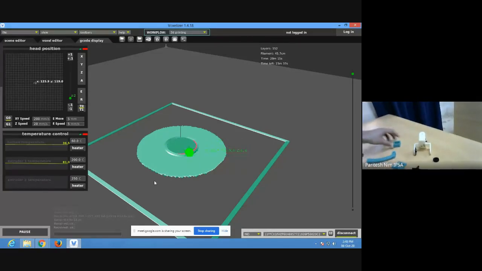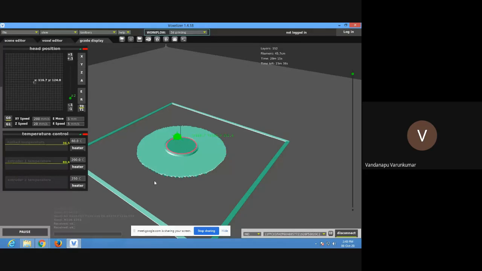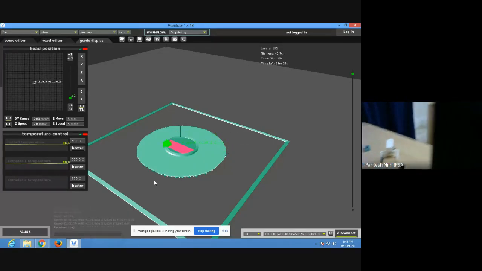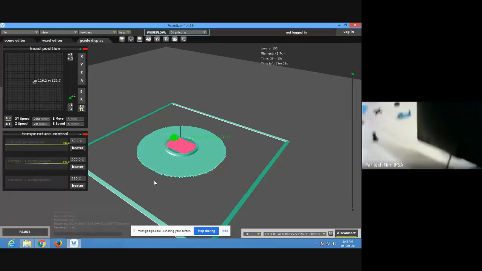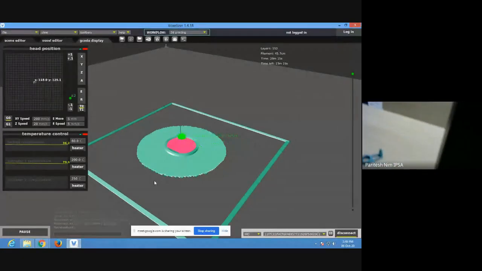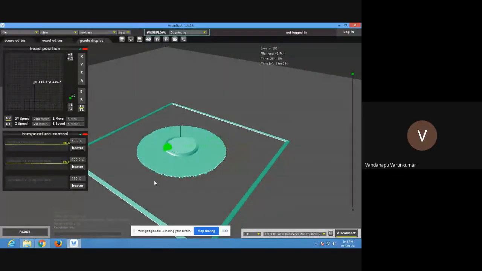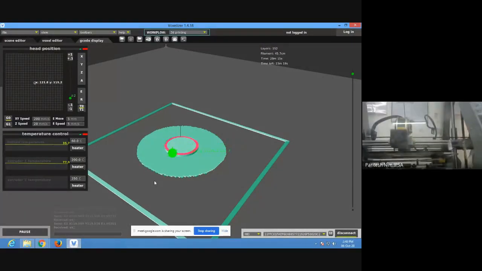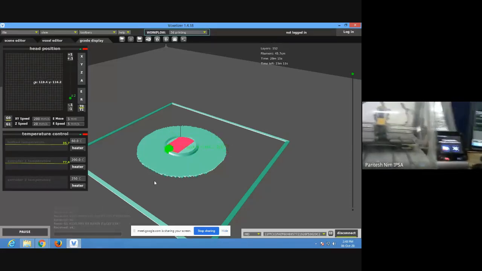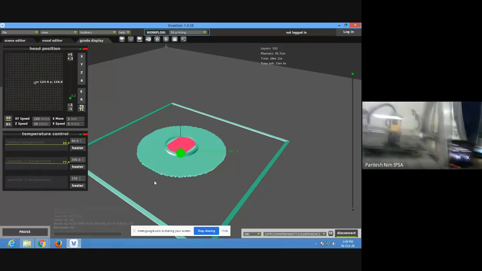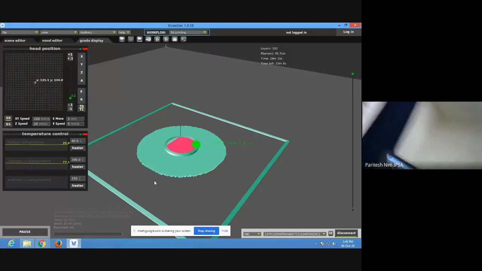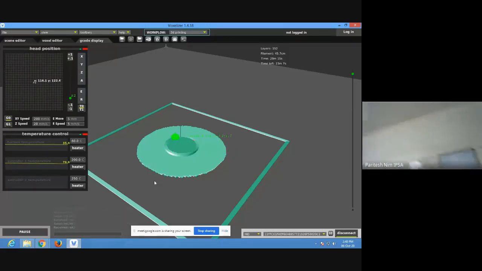Sir, I have a small question. Yeah, sir. Can we use a direct extruder, or can we slice it with that software? No, sir. We can use the same extruder for all these different polymer materials like PLA and ABS. No, I'm asking, if our printer has a direct extruder, can we use that slicing software? Yeah, sir. Definitely, we can use this slicing software. Okay, sir.